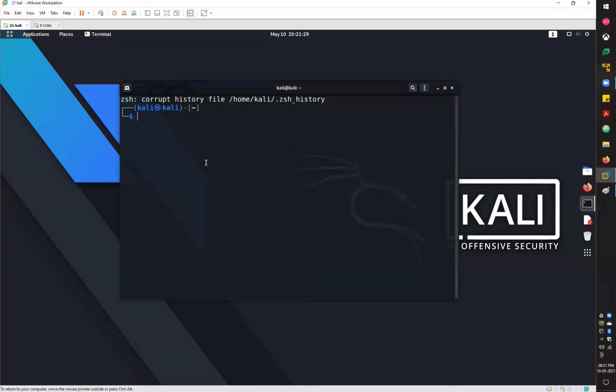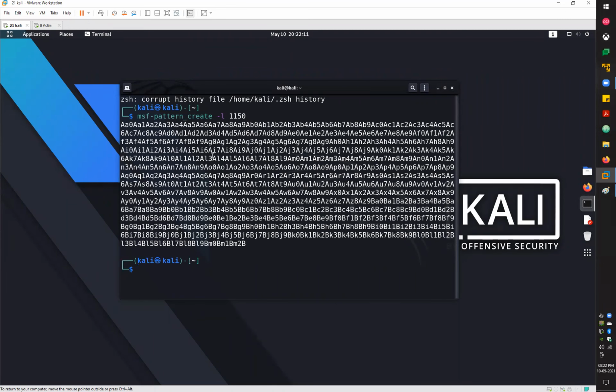For the pattern, you can go with Kali Linux and use a tool from the Metasploit framework again. Just go with msf-pattern_create, and use the option -l to create a pattern of a fixed size. Here you specify the junk size. Our junk size was 1150, since my application crashes at 1150 characters of junk. So just press enter. It will create a pattern